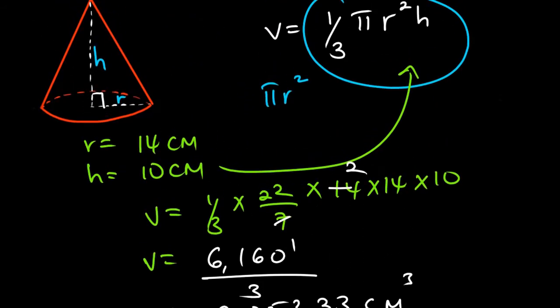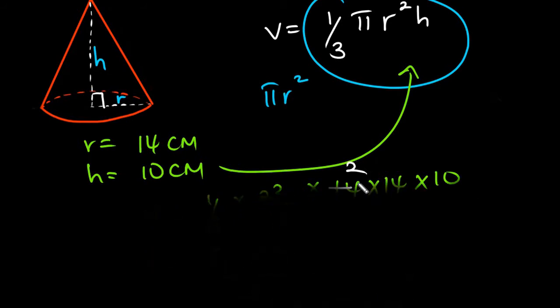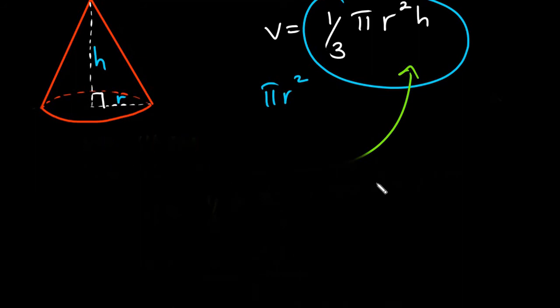Now let's look at one other example. Let me clear up some space. You may find a question that is asking you to find the volume of the cone, but you don't have the height of the cone. Maybe you are given the slant height, let's call it L. So you might be required to get the volume of the cone, and you are given the radius, let's say as 21 centimeters, and then the length,